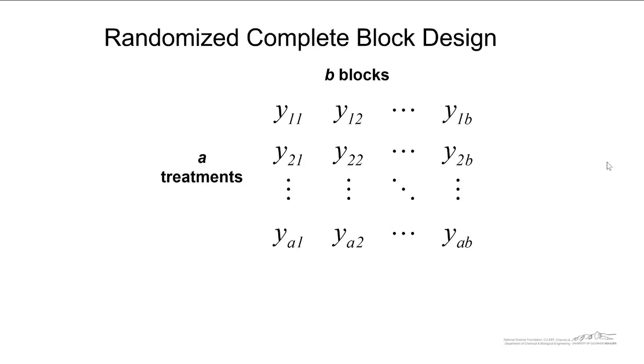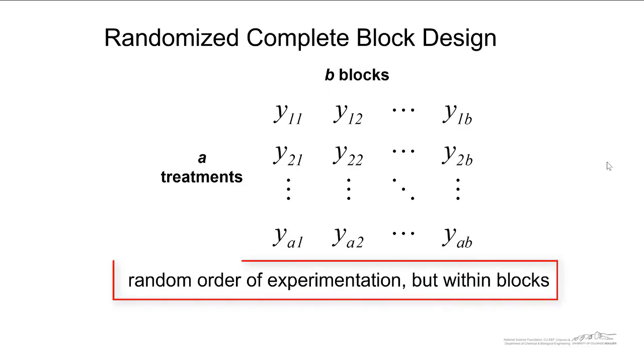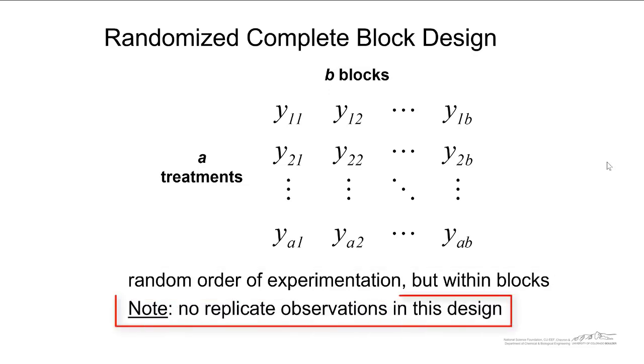When we collect our data, we have our A treatments, and the treatments are going to be in different rows here. In our case, the treatments are the different tires, and we put them into different blocks. So our columns here represent the different blocks. Again, it's random order of experimentation, but only within the blocks. And just FYI, there are no replicate observations in this design, the one that I'm showing here,